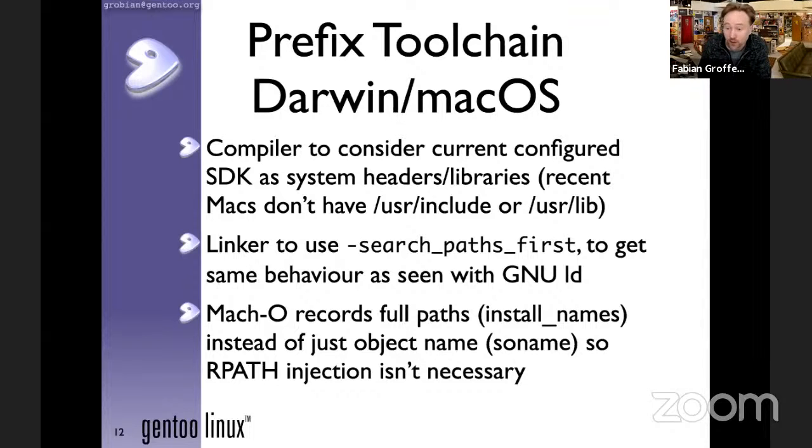There is also quite a difference in how the linker responds. The Solaris native linker, for instance, responds quite differently from the GNU linker. Yet most C projects, open source projects in particular, tend to assume GNU ld. So we add flags like -search_paths_first to basically emulate the same behavior as we see with GNU ld, which also makes it much easier to port programs.